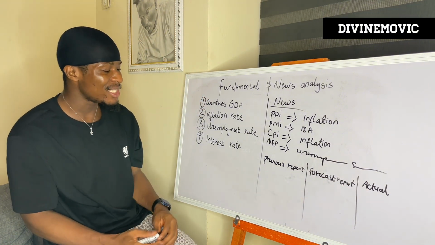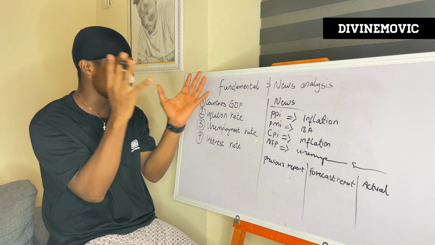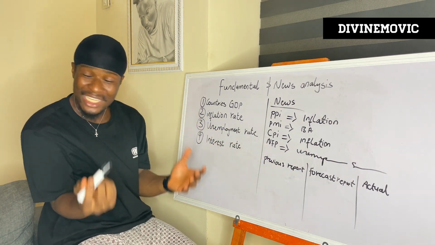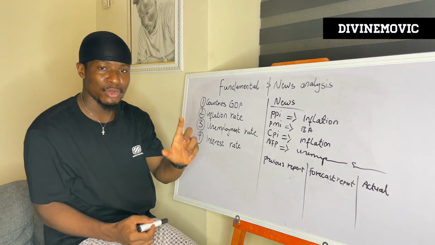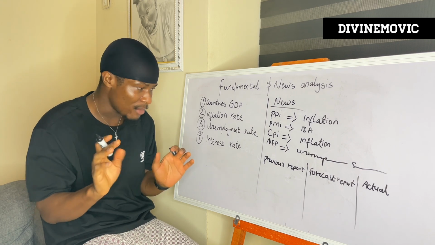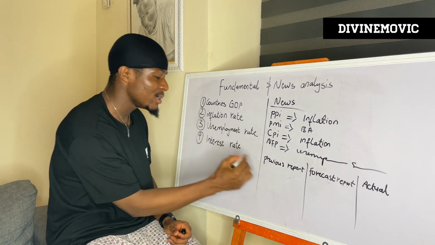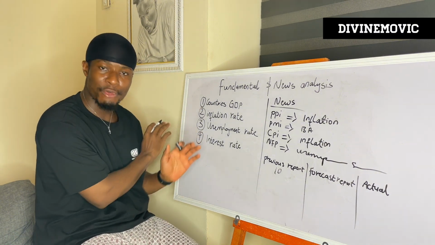Now, the previous report is simply a past report that they gave about a particular news, let's say CPI news. Let's assume today is CPI news, and we had a previous report about CPI news. For example, the previous report was maybe 10. That is the previous report I had before, 10.